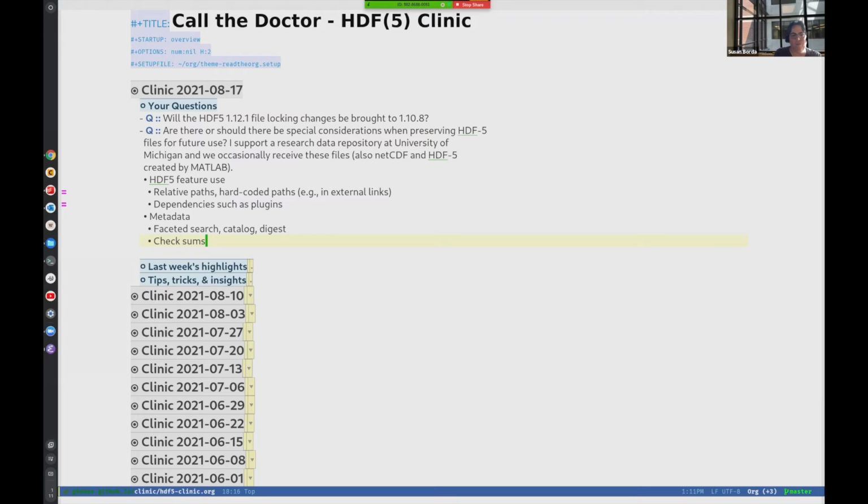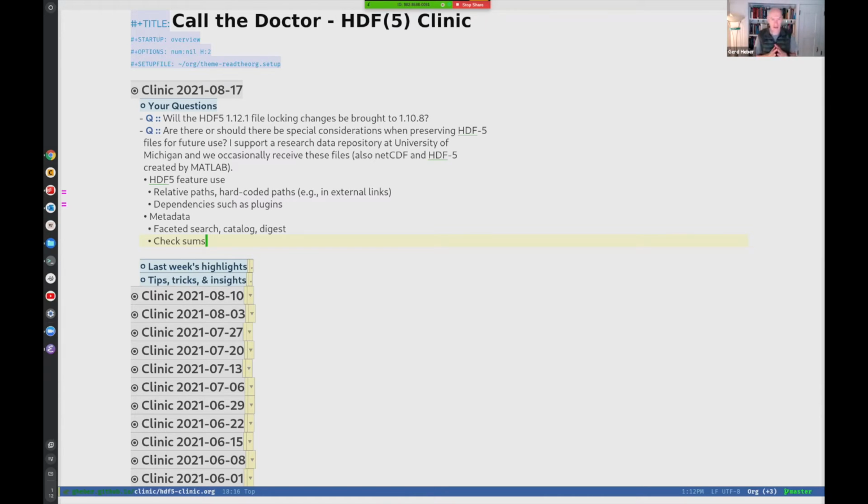And when you're talking about faceted search catalog, are you talking about maybe searching within the file? Yes. Okay. I know that with some of these things, like with the FITS file format for astronomy, there are headers that are fully informative, and with netcdf, there's a lot of information in the header there. With a regular HDF file, there's also header information that could be scraped as well. Yes. Okay.